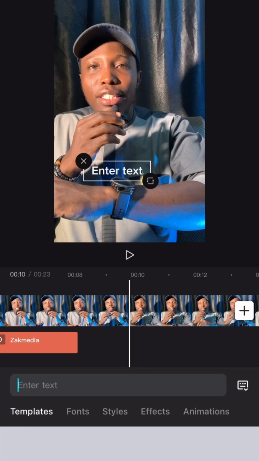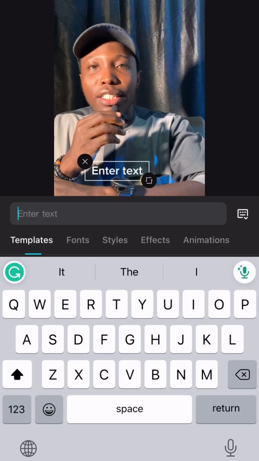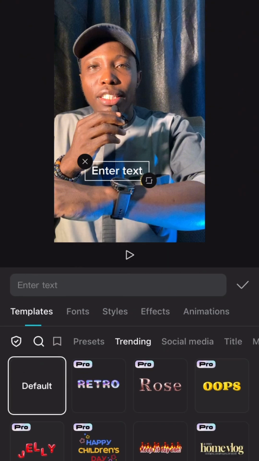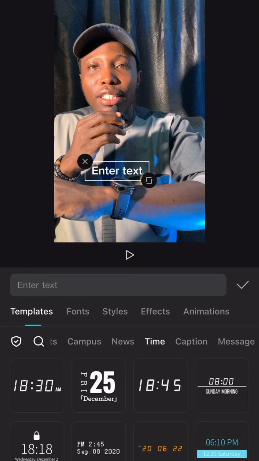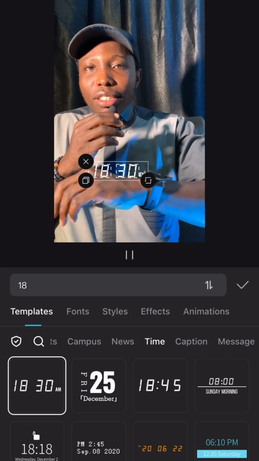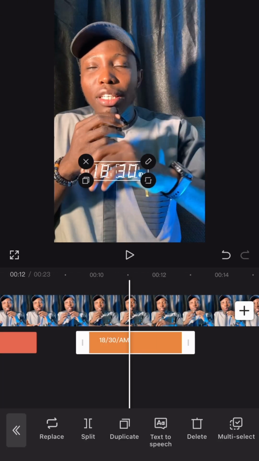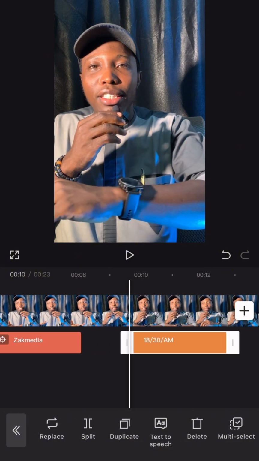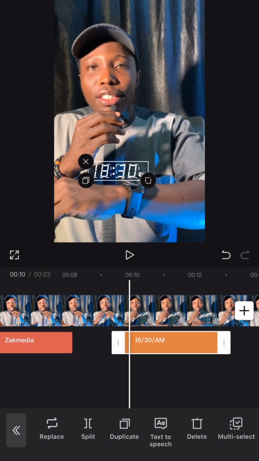Let me look for another text. This time let's use template. Let me use time. Alright, so you can adjust the timing yourself, depends on you. Okay, so this is it. Let me position it to where I want it to be, adjust it,